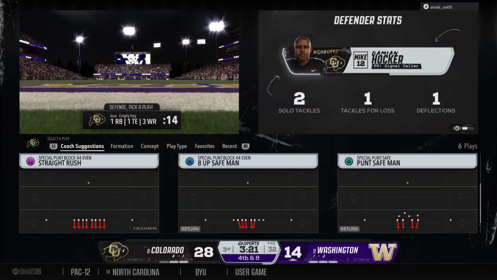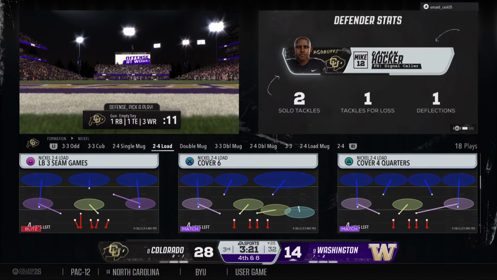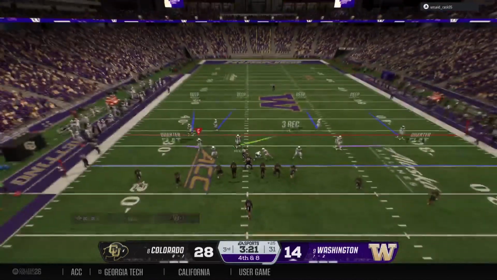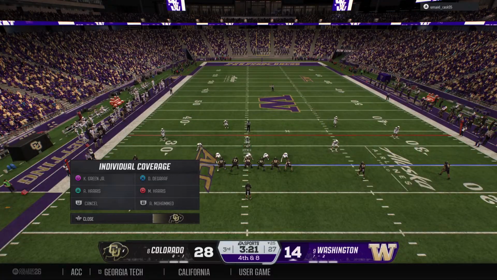Any success, they've got to dial up a better play here. They've converted twice on fourth down so far. Will they make it 3?